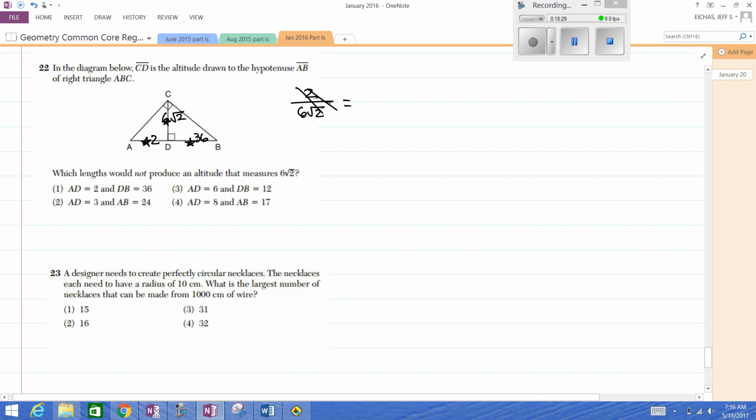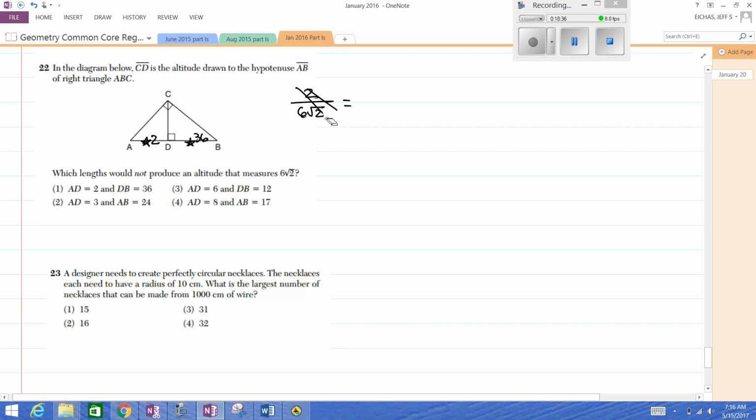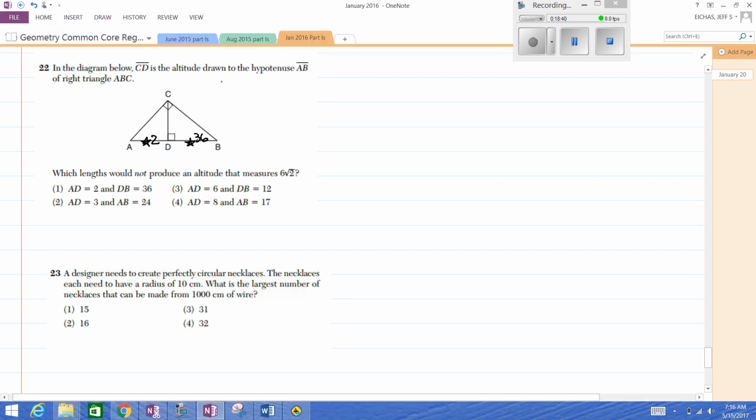Actually, you know what? We'll call it x. Let's call it x there. Let's pretend we don't know it and see if it turns out to be 6 square roots of 2. So we'll call it x. All right, so it's 2 is to x as x is to 36. Cross products. All right. Now when we take the square root of 72,